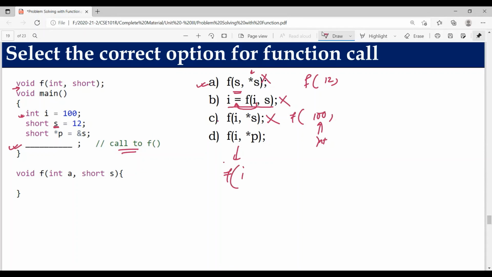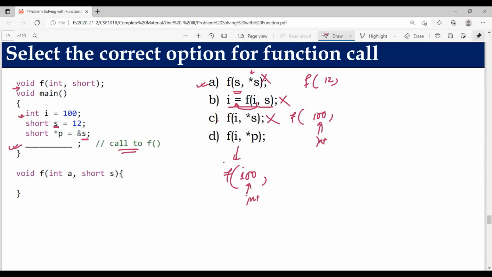Now, the fourth one. Let's evaluate this. F of i. What is the value of i? I is 100. It is an integer. And now you are writing asterisk of p. What is p? Now see, p is a pointer pointing to a variable of type short. So now it is absolutely correct. What is star p? It is the value p is pointing to. If you look carefully, p is pointing to the variable s.